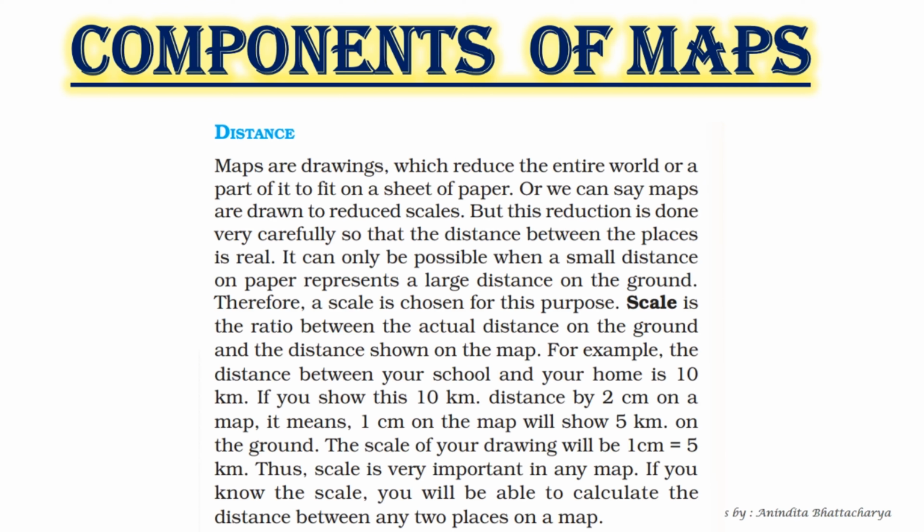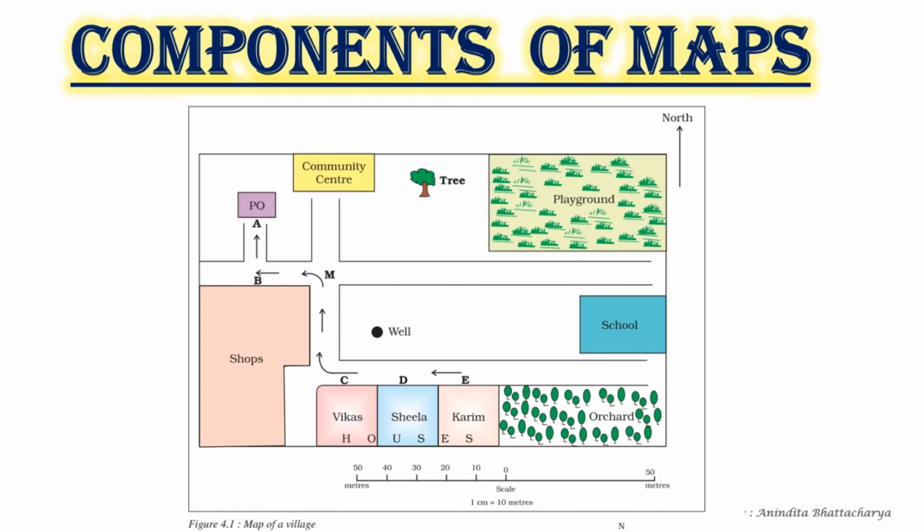तो आप ये 10 किलोमीटर जो है ये डिस्टेंस आप मैप पे प्लॉट करना चाह रहे हो। तो इसके लिए क्या करना पड़ेगा, स्केल जो है मैप का उसको छोटा करना पड़ेगा। तो इसके लिए आपको स्केल तोड़ना नहीं है, आपको सिंपली जो 10 किलोमीटर डिस्टेंस है इसको कन्वर्ट करना है 2 सेंटीमीटर, जो मतलब 10 किलोमीटर ऑन द ग्राउंड कन्वर्टेड इनटू द 2 सेंटीमीटर ऑन मैप स्केल। Okay, it means 1 centimeter on map will show 5 kilometer on the ground। और ये जो 5 किलोमीटर निकल के आएगा ये बहुत easily हम लोग मैप पे प्लॉट कर पाएंगे।